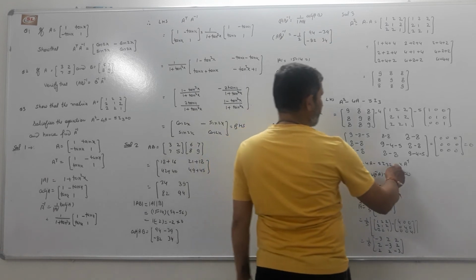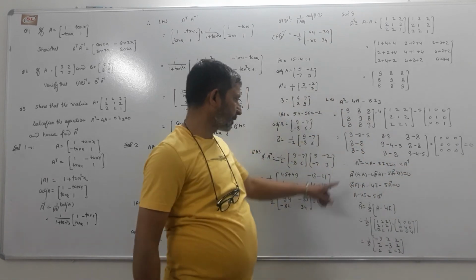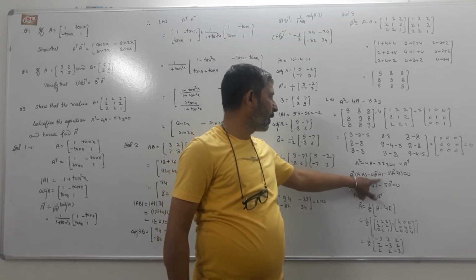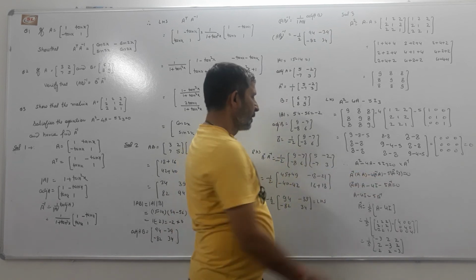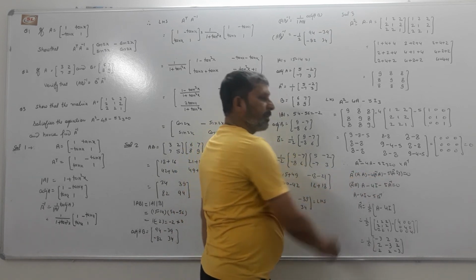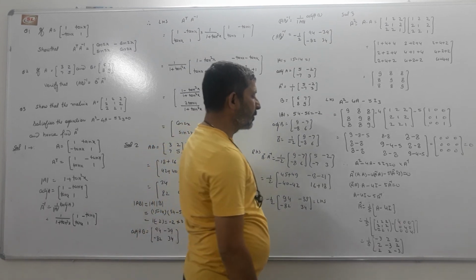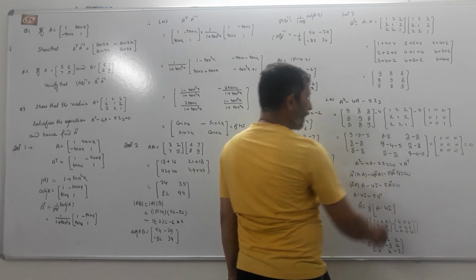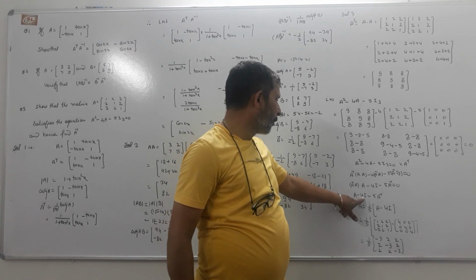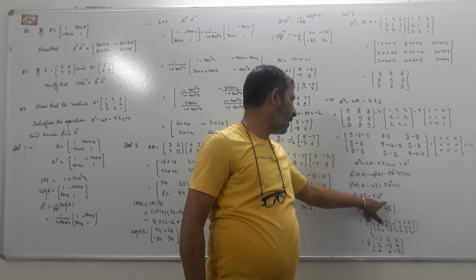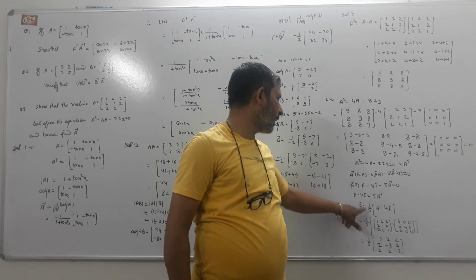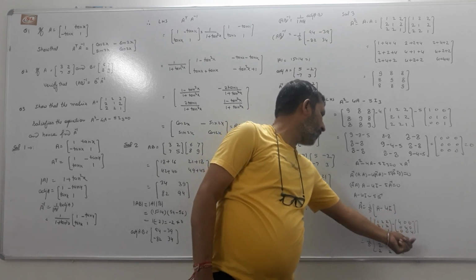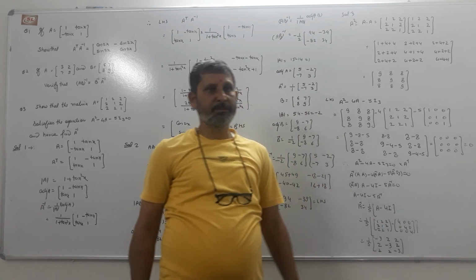Now by left cancellation, the whole equation is multiplied by A inverse. A inverse A square is A into A, minus 4 A inverse into A, minus 5 A inverse into I. So A inverse into A, we know that any matrix multiplied by its inverse gives the unit matrix. Any matrix multiplied by the unit matrix gives the matrix as it is. So A minus 4I equals 5 A inverse. So what about A inverse? 1 upon 5 into A minus 4I3. Simplified, we get the value of A inverse.